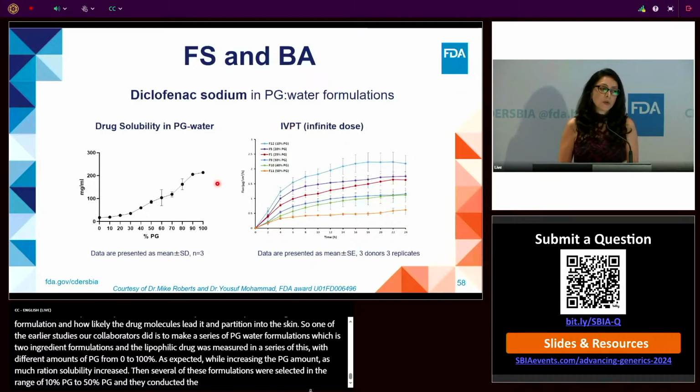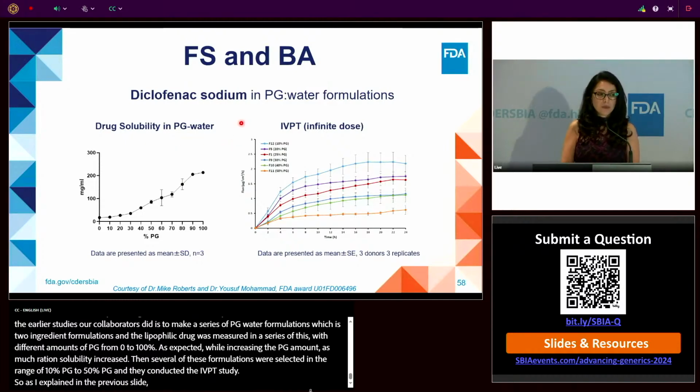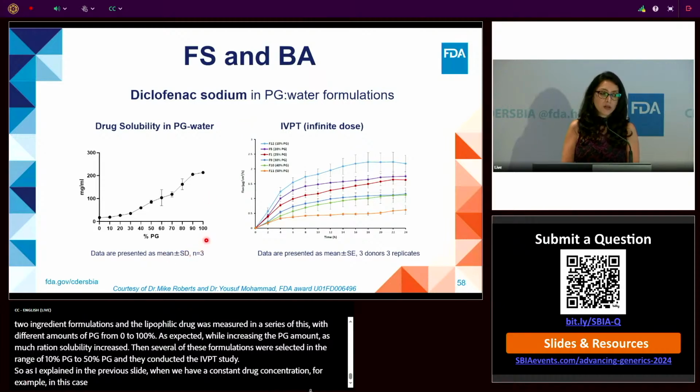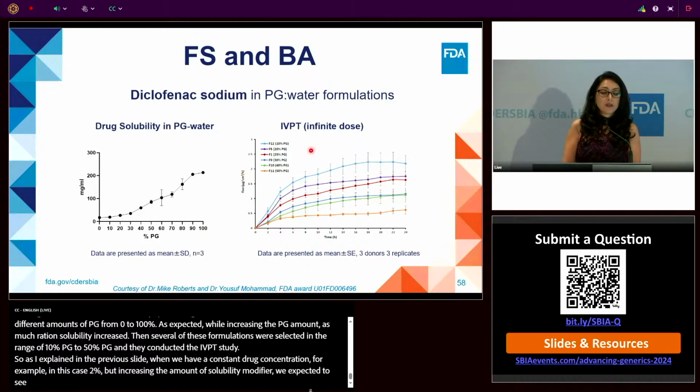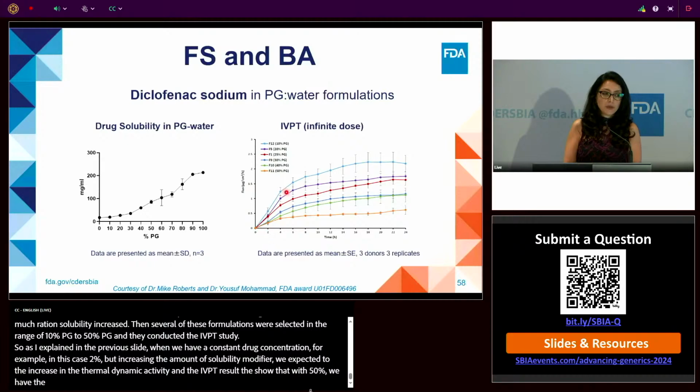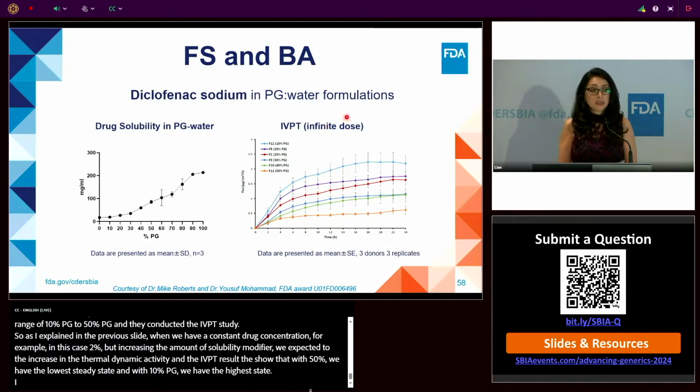As also explained in the previous slide, when we have a constant drug concentration, for example, in this case 2% diclofenac sodium, by increasing the amount of solubility modifier, we expected to see a decrease in the thermodynamic activity. And the IVPT results also show that with 50% PG, we got the lowest steady state flux, and with 10% PG, we had the highest steady state flux. I would like to note that since we had infinite dose in these IVPT studies, the metamorphosis of the dosage form was negligible, but